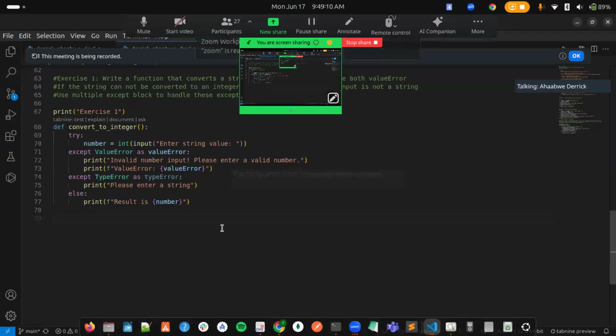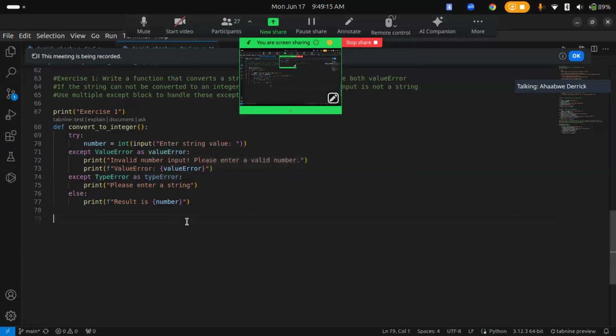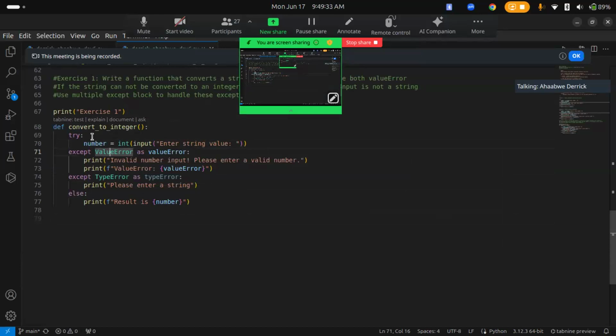Good morning, everyone. This is my program. Though it's not far different from what Lauben has just presented. This is a function name. Then I input the string into an int. In case this try block throws a value error, we are going to handle it from here using this except.